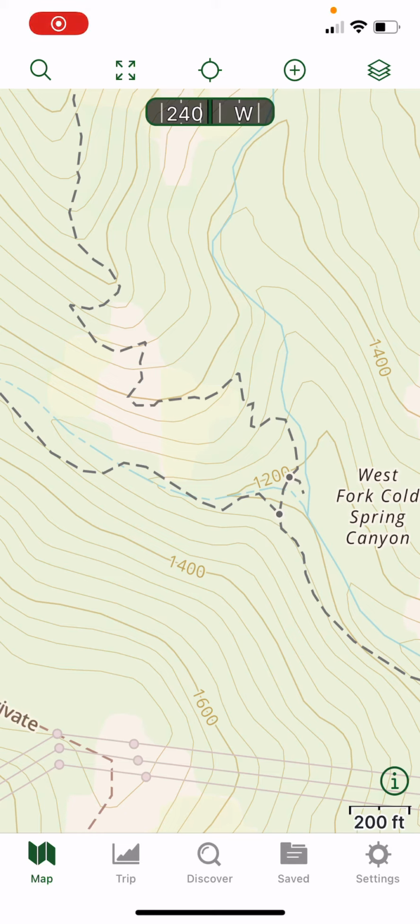Let's take a look at how easy it is to record a track using the GAIA app on your phone. So there's a couple of different ways that you can record a track. One way is from the top of the screen, you see a few icons. If you touch the plus sign with a circle,